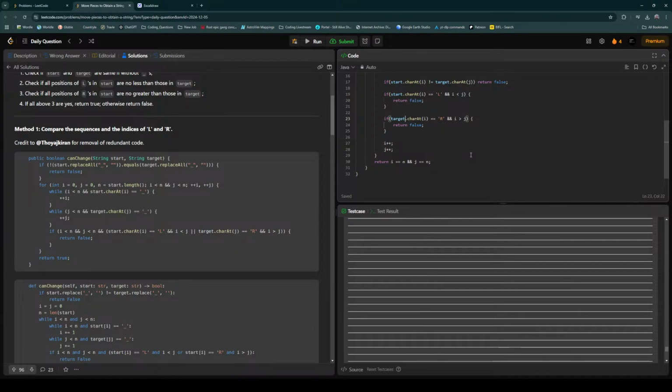But if target of J is at R, then we have already moved past here. And we cannot go back, right? So I is